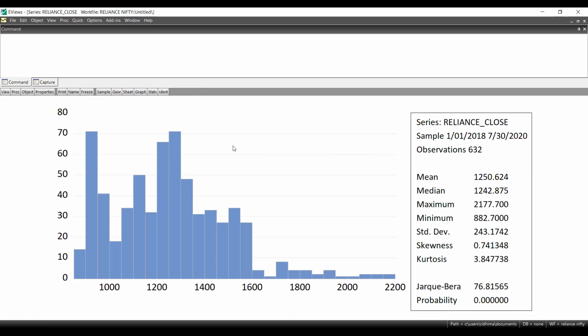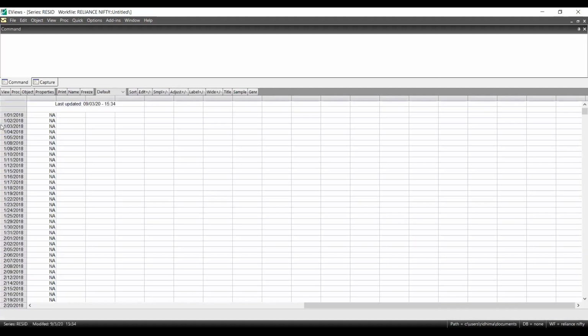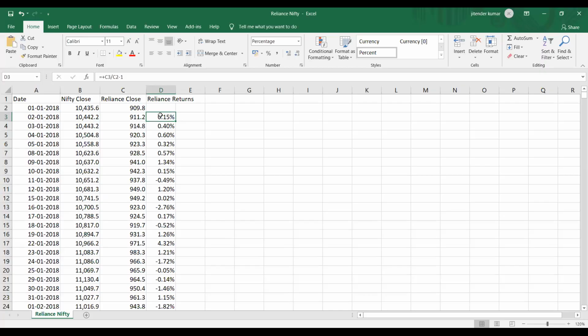Go to stats. Okay, it is again coming for prices because our sheet is basically on the prices. What we have to do is, okay, now what I did is I have calculated the Reliance returns on that particular sheet.